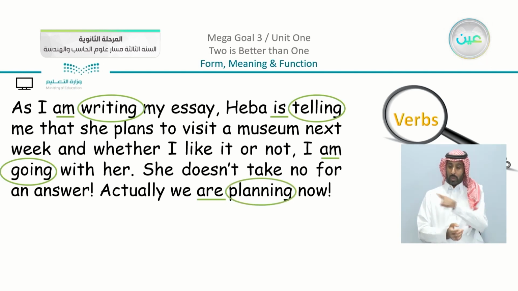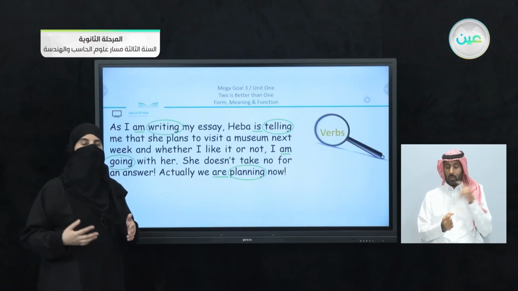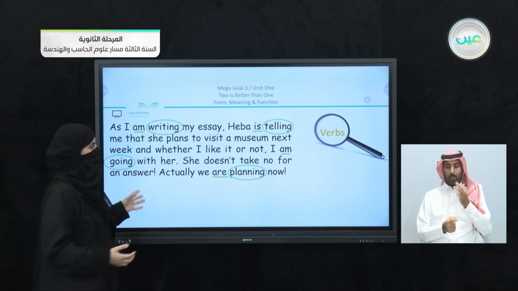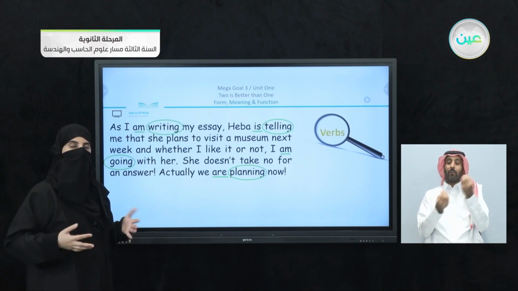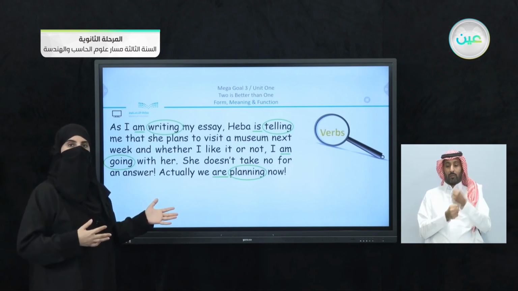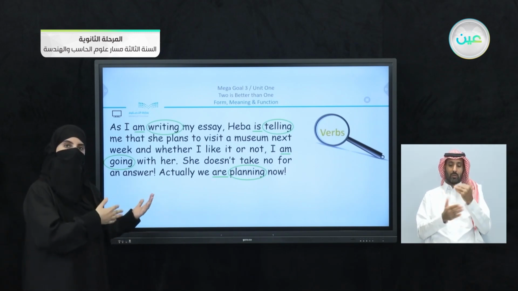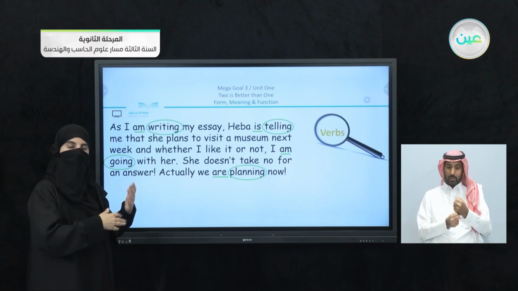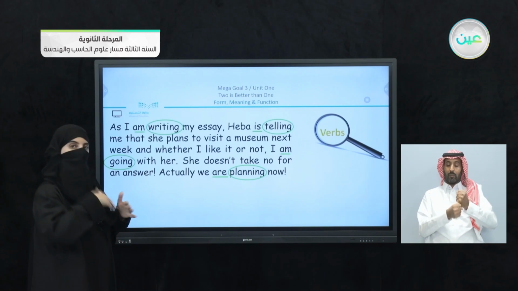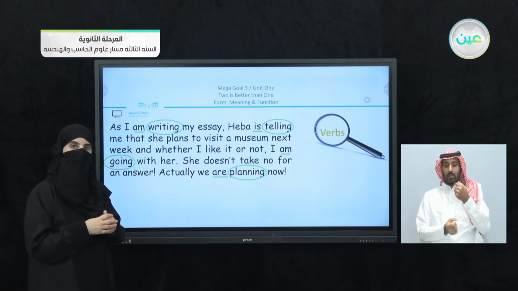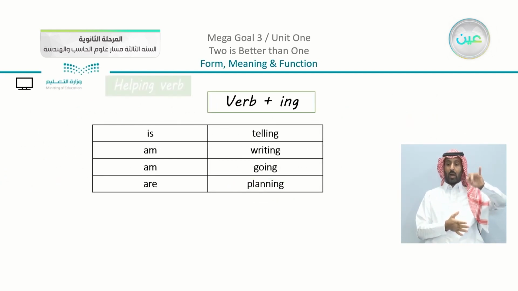We are planning now. So what's the difference between the first group that I mentioned, which is the present simple? I have here different verbs. You can see that we have all of these verbs. What do they have in common? Just look here with me at the verbs. We can see that they all have ing, and before them there is, first of all, a helping verb, and then there is the main verb with the ing part. So all of these verbs are what we call,